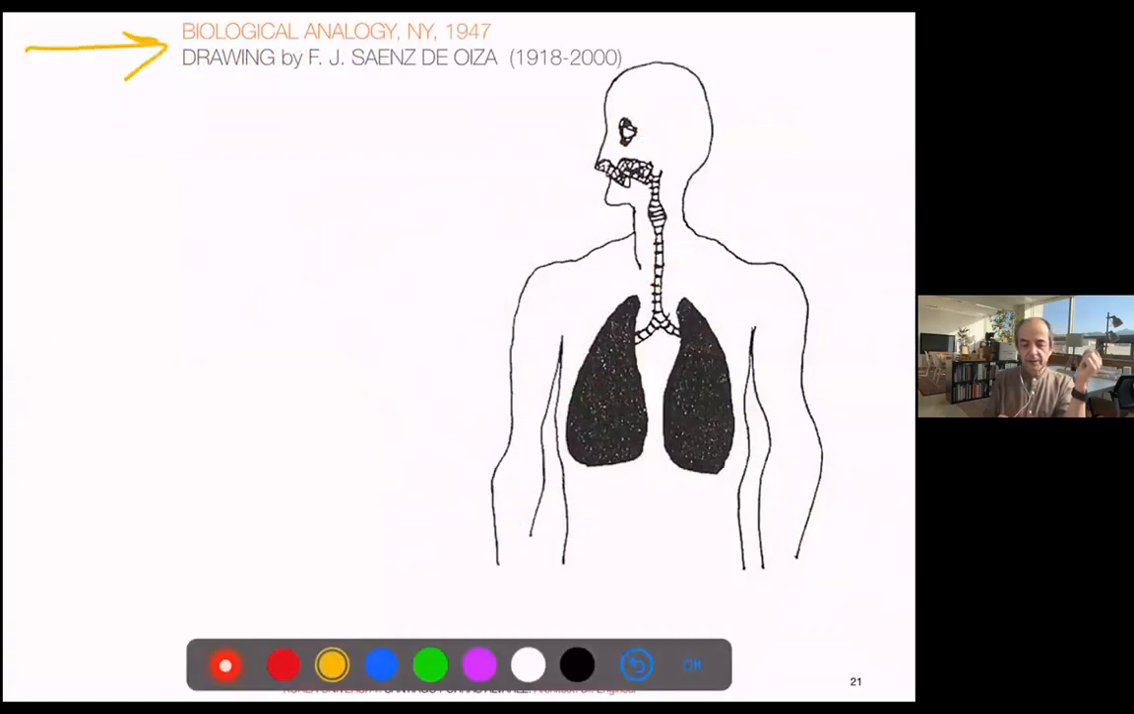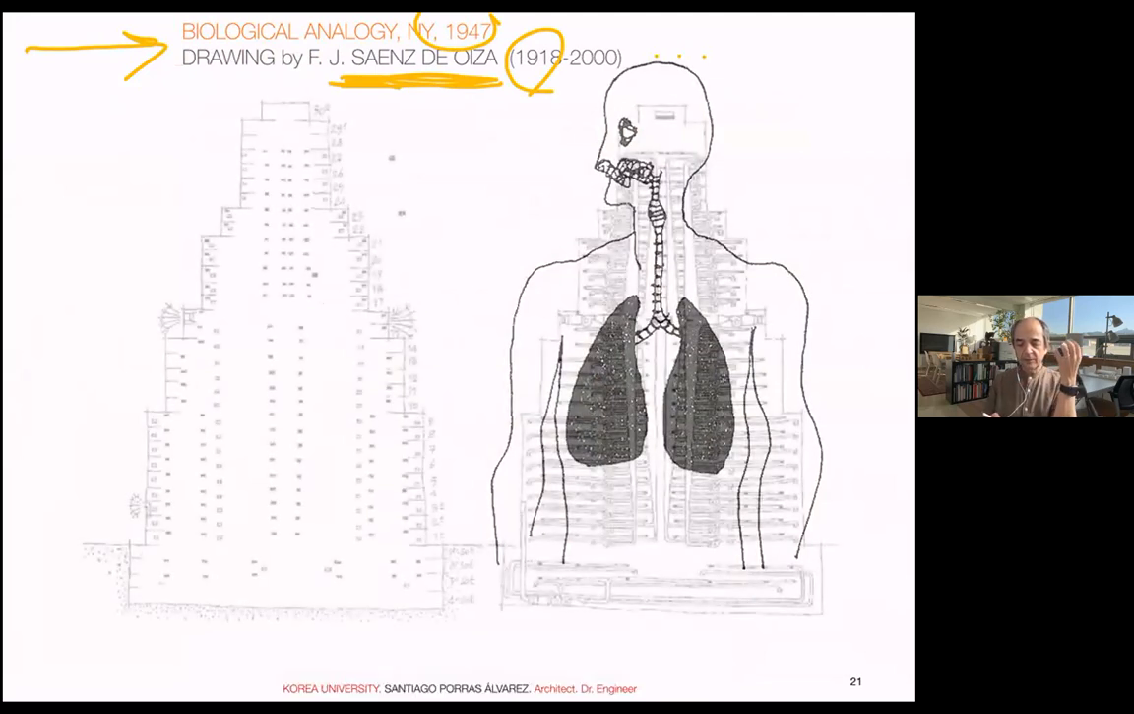I bring one drawing by one of my professors, Sainz de Oiza, maybe the most important in Madrid, born 1918, right? About the same time as Louis Kahn. He traveled to New York in 1947. It was like the first era of skyscrapers. And he was so impressed with the mechanical systems of the buildings that he made a beautiful drawing just summarizing it,